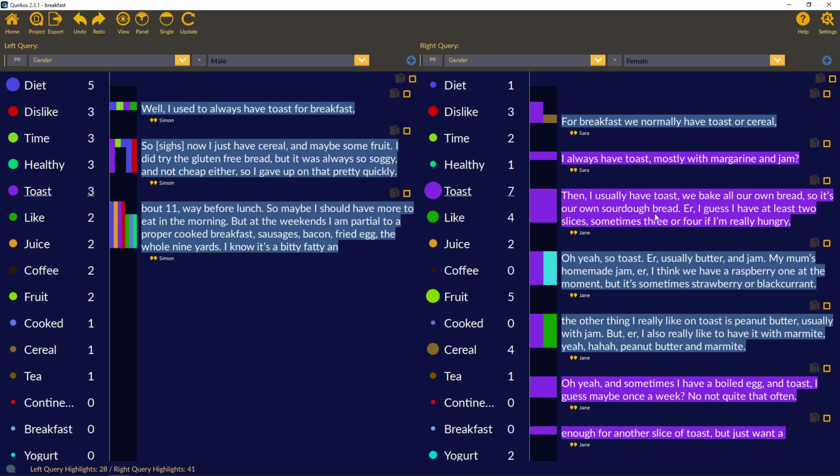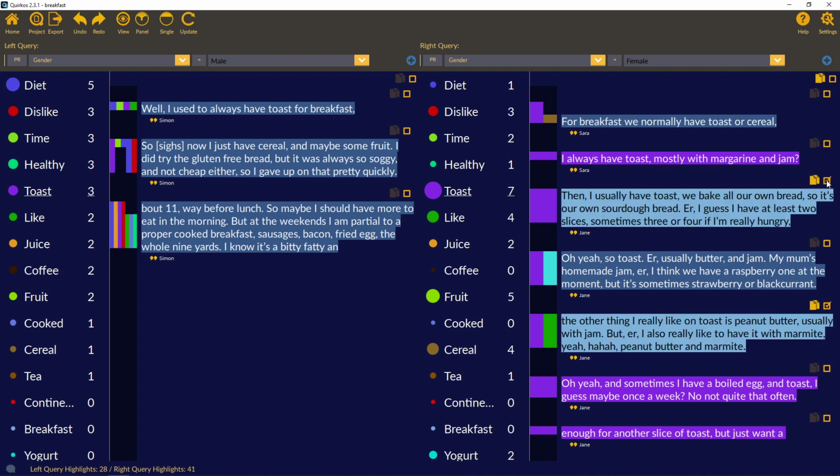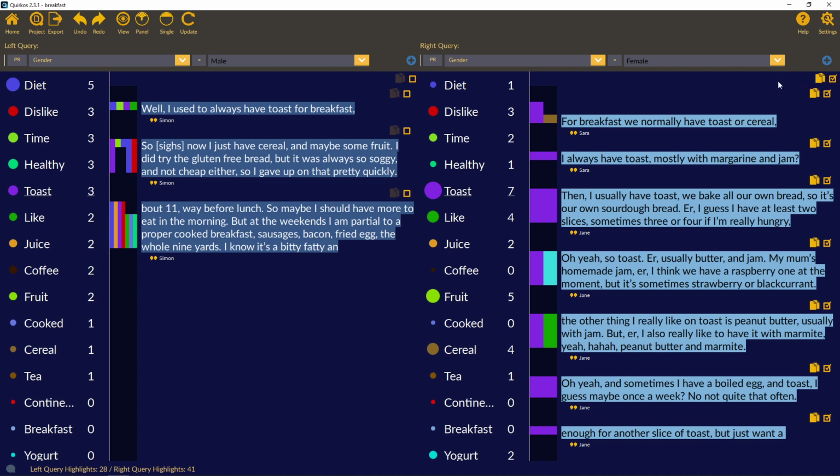Now, I'd also like to point out at this stage, so we'll come back and talk a little bit more about the other ways that you can get data out of Quirkos, the different export options. But anywhere where you see a quote, and that includes this view, there are these tick boxes beside each quote, and you can tick on them and then click on any of the buttons to copy that data. So you can also tick all of them. So we can select all the quotes here which are women talking about toast, click on the copy button,